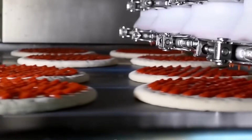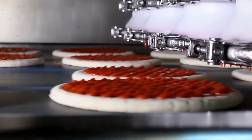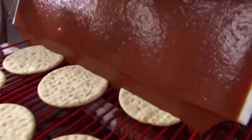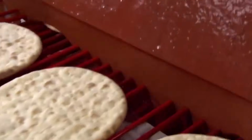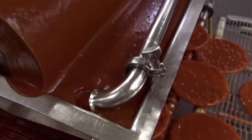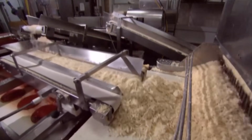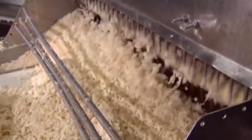Excess moisture from vegetables is evaporated by the oven's airflow, ensuring the crust remains crisp and doesn't sag. The pizza emerges from the other side of the oven, fully baked and ready for slicing. At the end of the conveyor, pizzas are transferred to a staging counter, where they rest for 20 to 30